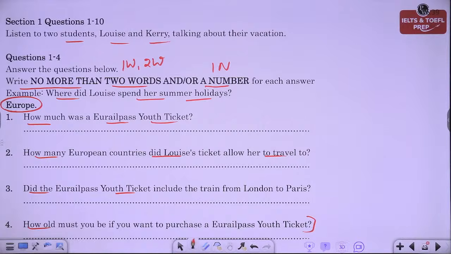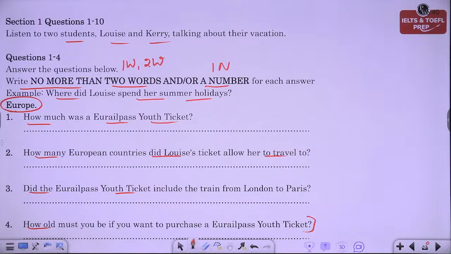I've heard of Eurail. What did that include? Well, you get unlimited train travel in and between 17 European countries. It lasted for a month. Gee, for £203. That sounds reasonable. Did you visit all of the 17 places? Yes, all except for Ireland. We couldn't really understand why Ireland was included on the pass, but England wasn't. Yes, that seems a bit strange. Did it include the trip from London to Paris in the Channel Tunnel? No, unfortunately, we had to pay extra for that train. But we did get a discounted fare because we're students.